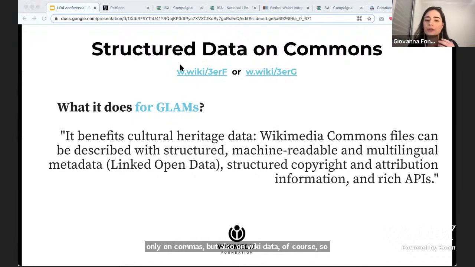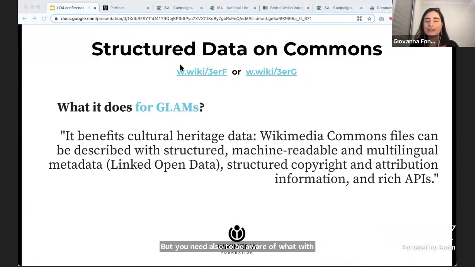So you just have to understand what the specifics of your institution are, and what your institution needs and wants. If there are images, media files, or documents in your institution, and you want to share them on Commons and have them used on Wikipedia, then basically this is a very interesting pathway for you. There is also the possibility of just using Wikidata, and that's fine. But you also need to be aware of what Wikidata